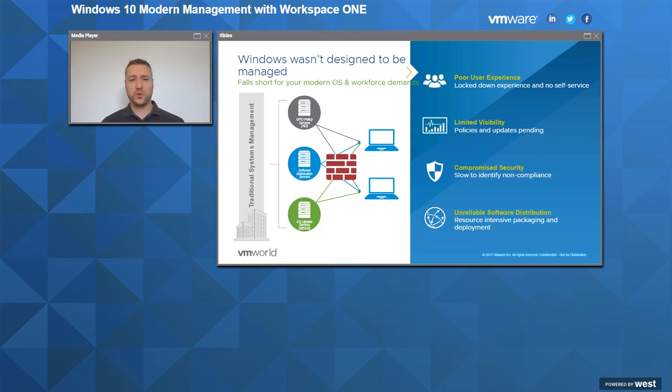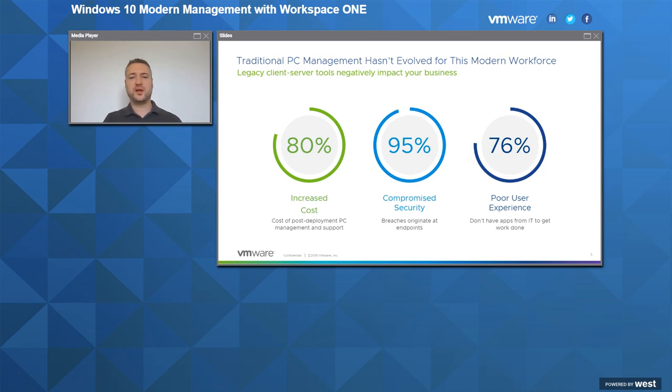So that's tools like group policy, Active Directory, WSUS, potentially SCCM. And all these clunky old tools were there to get around the fact that Windows was never really designed to be a centrally managed platform. It has a long history that goes all the way back to 1985. And in all those years of evolution, up until Windows 10, Microsoft had never really designed Windows to be a centrally managed platform.